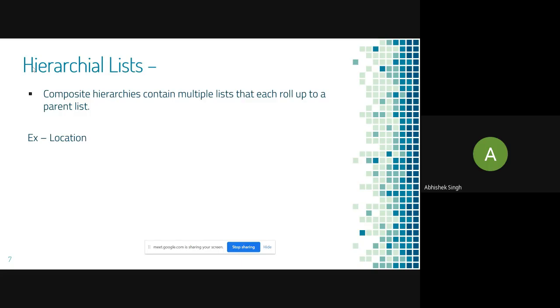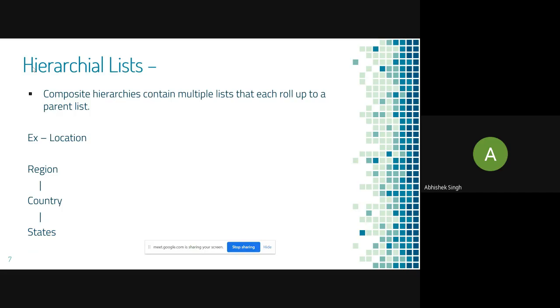Okay, so let's take a quick look at our example. It shows region, country, and state for location, which is what we discussed as well. So you have different regions, different countries, and different states. This is just an example of hierarchy which we are trying to show over here.